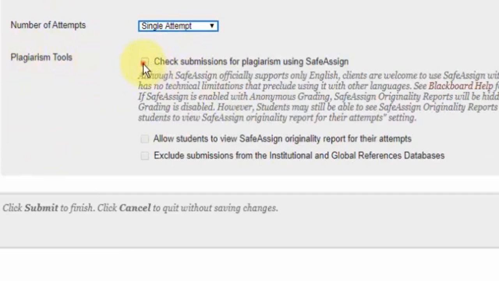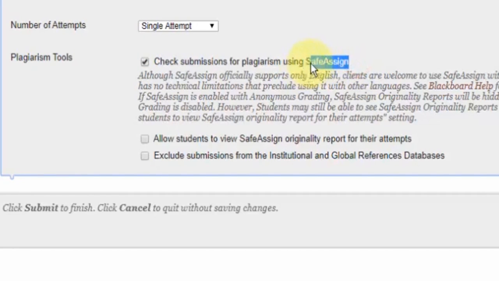If you check off this checkbox, you're ensuring that SafeAssign, this feature that we have here that checks for plagiarism, is enabled. SafeAssign is very similar to Turnitin, and it's already incorporated with Blackboard, so there's no need to go into another website to use any kind of plagiarism tool. SafeAssign is integrated with Blackboard, so once your students submit their paper, it might take a couple of minutes